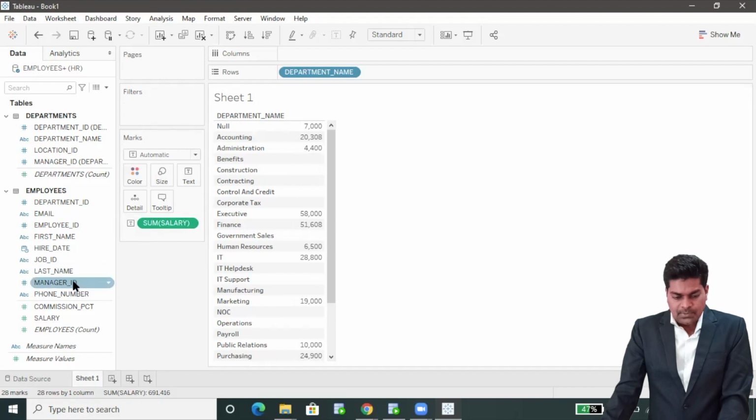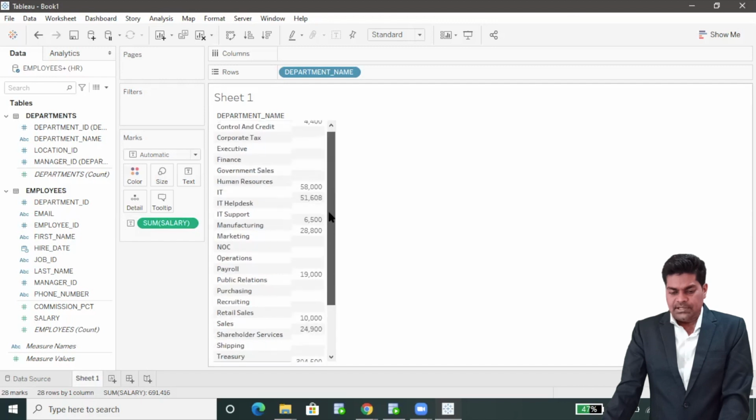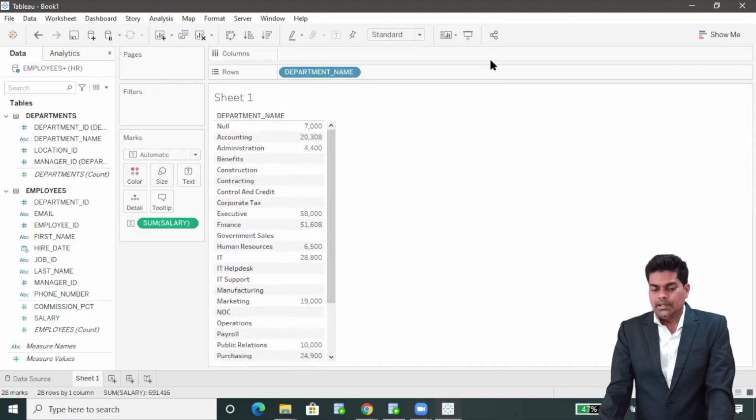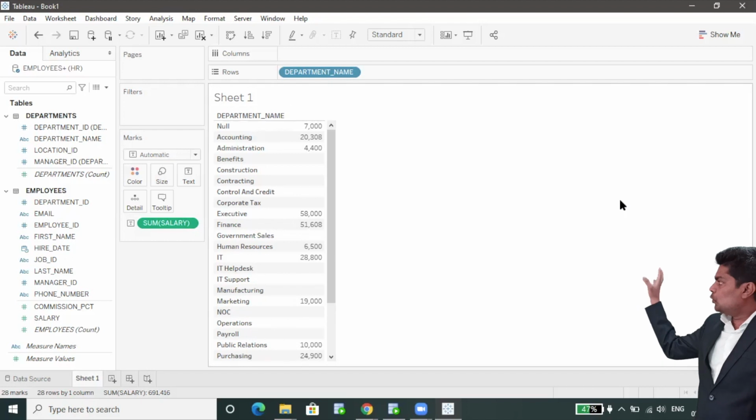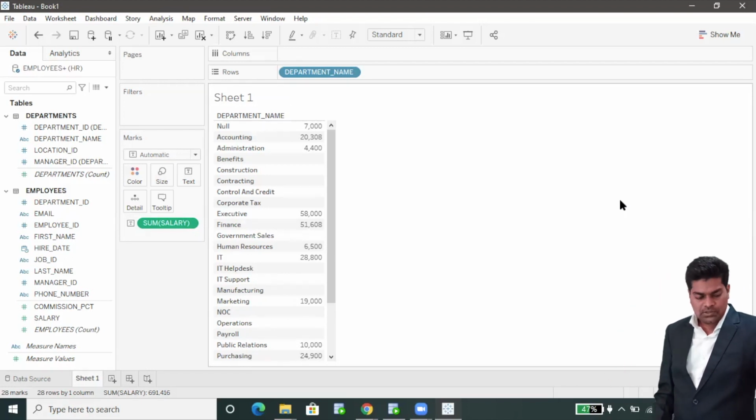Here we can give first name, last name also. So like employee ID. So these are departments. Okay, so these are data. Okay, now so guys, whatever this blue color you can see, a capsule kind of thing, this is called